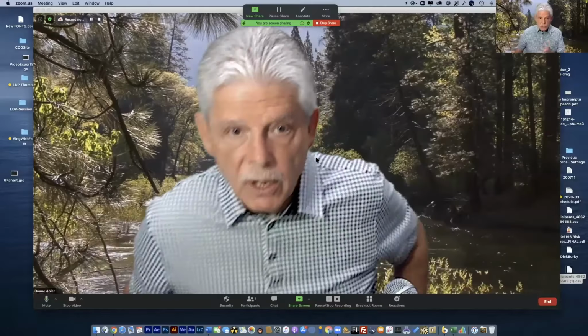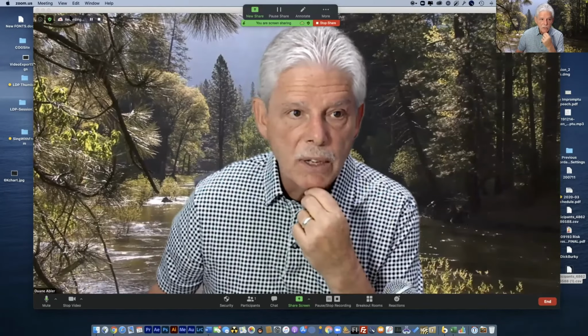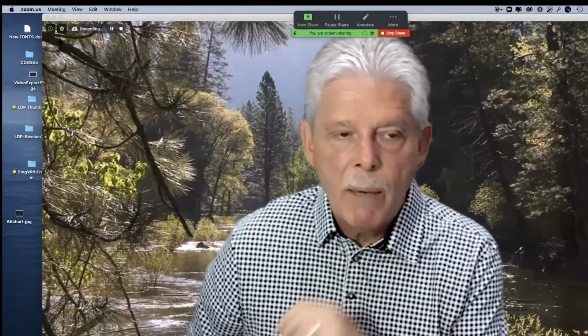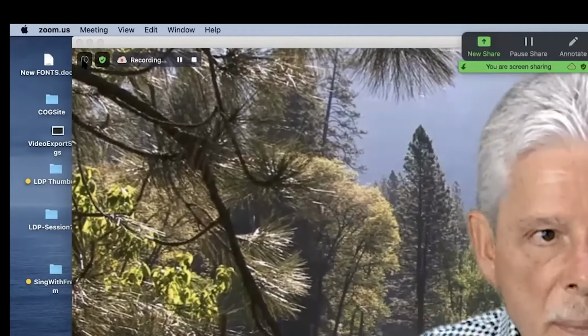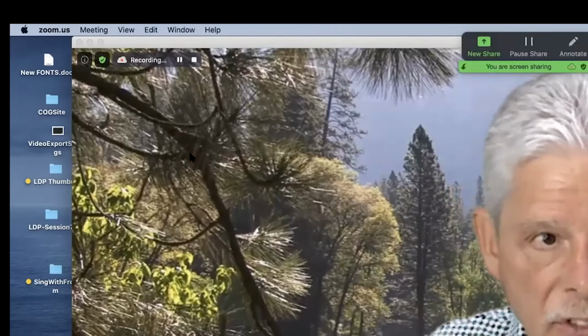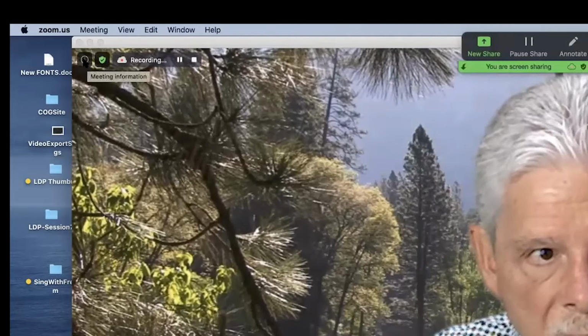But now I'd like to show you my screen. So you're seeing what I normally see now. You're seeing me, and this is my screen. You can see that I'm recording this so that you'll be able to watch it on playback. I wanted to call your attention to a couple of really helpful little buttons up here that you may not be aware of. If I click on the information button, this little i up here on the meeting,